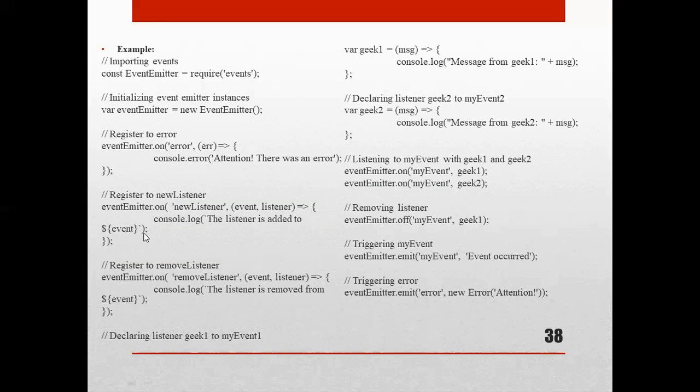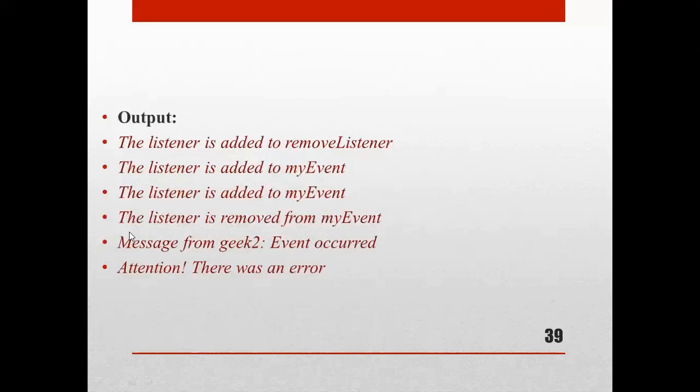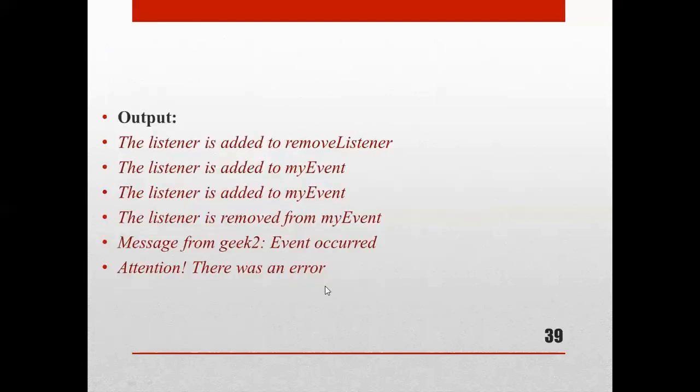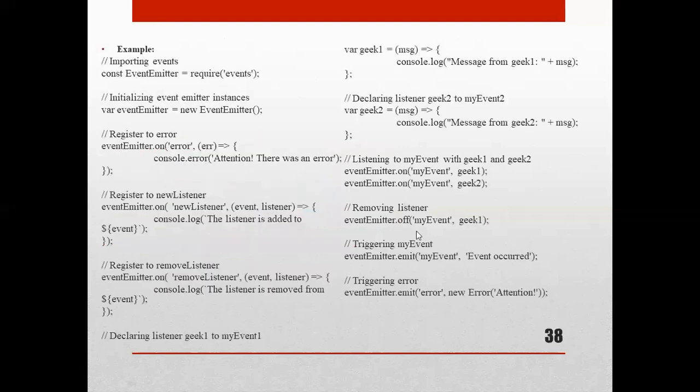We have registered with the two events, my event. Then it will print that listener is removed from my event, because we have removed this listener here. It will print that the listener is removed from my event. Then it will print that message from jig1 error occurred,